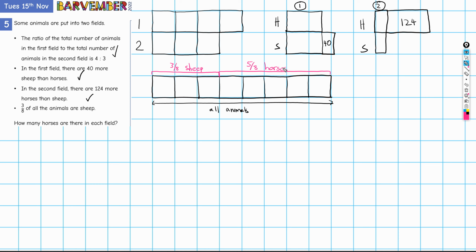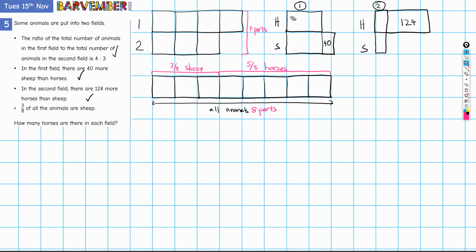Now, one thing to note here is that this model has 8 parts. Okay, so altogether there are 8 parts, which is different from this bit here, where this is 1, 2, 3, 4, 5, 6, 7 parts. Okay, so 7 parts. So we have to note that and be a little careful, perhaps. Right. So where are we? Well,